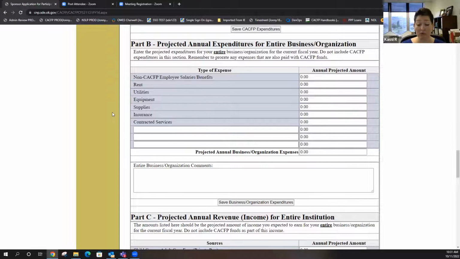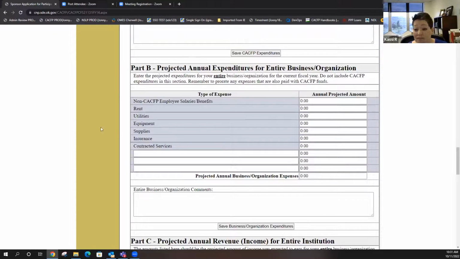It's going to be minimal, but that's what you need to report here. And it's a projected amount because you have to put something in Part B. So think of it like that. And if you have questions, family daycare homes, like I said, there's only a couple of you on here, call me, email me, and we can work through it.